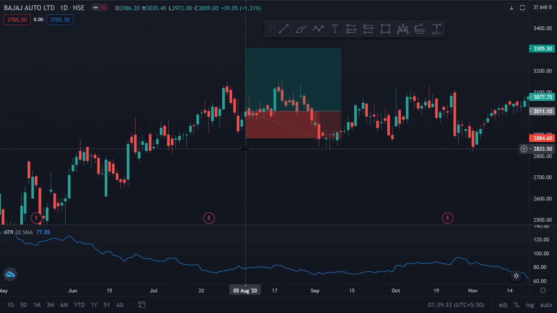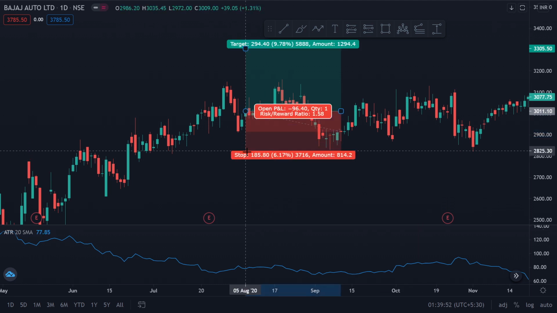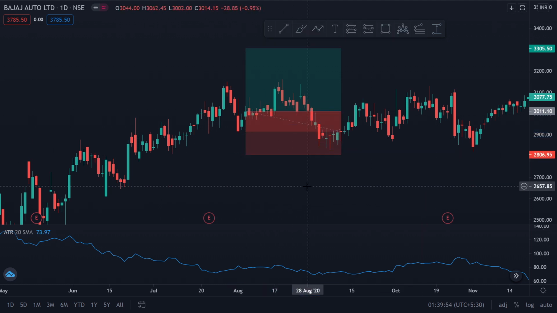Same exact thing. ATR value here is 77. Let's say 80. I'm making approximations here, 2 to 3 rupees. Doesn't make much of a difference. Let's say 80. Now here my stop loss is 2880. Now 2880 minus 80. What is that? 2800. Now if I change my stop loss to 2800, you can see that I clearly avoided